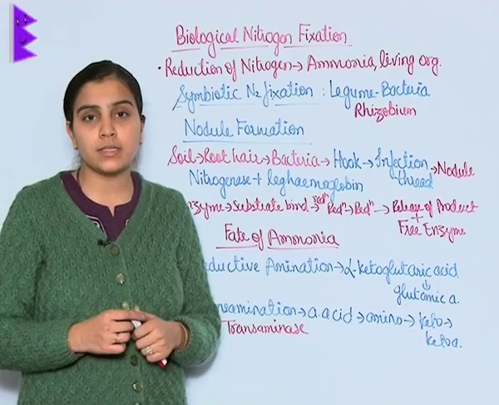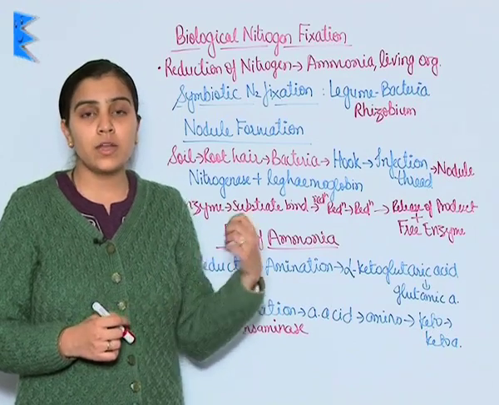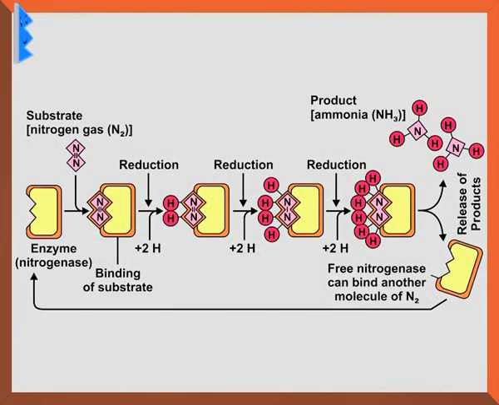It contains the nitrogenase enzyme. You can see the chemical reaction equation, and later you can see in the diagram how this nitrogenase enzyme is binding to the substrate. After binding to the substrate, a reduction takes place, then a second reduction, then a third reduction, and after the third reduction you can see how nitrogen is fixed. Then in the next step the product so formed is released, and the free nitrogenase complex is released, which is now available for binding again.